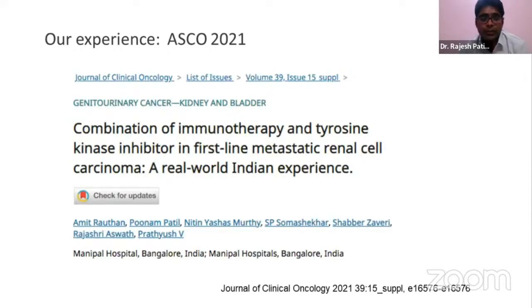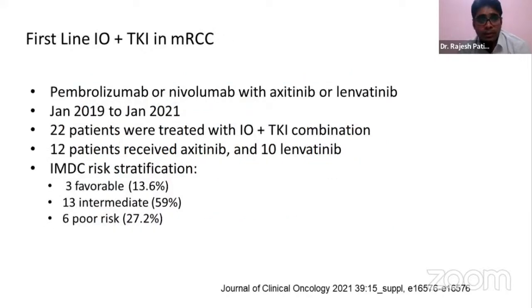So what is our experience? Our experience means the experience from India, and this was published from Bangalore by Dr. Amit Rothan. They have published their experience with first-line immunotherapy with TKI in metastatic RCC. They have used pembrolizumab or nivolumab with axitinib or lenvatinib, and they retrospectively observed these patients from 2019 to 2021. They treated 22 patients with IO plus TKI combination, and most of their patients were intermediate risk, that was